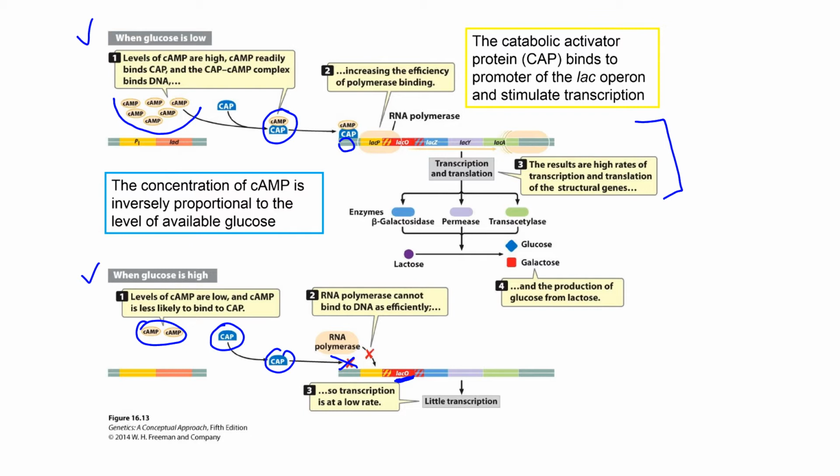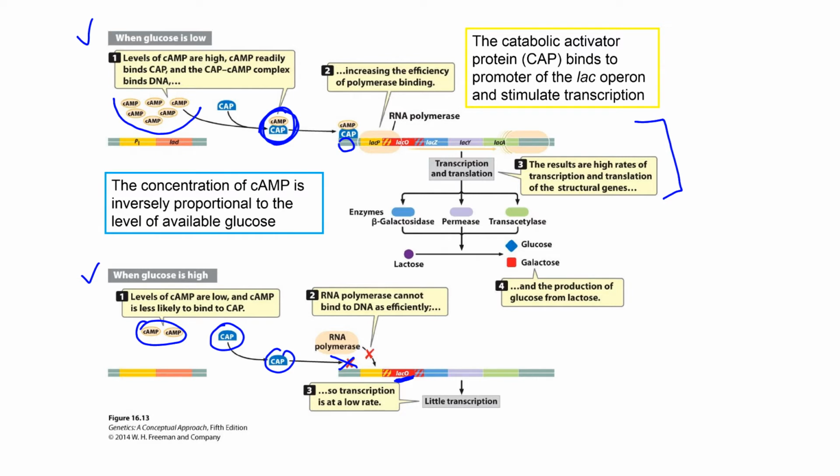So catabolite repression refers to the situation where glucose is high, cyclic AMP is low, so CAP cannot bind to the promoter. Positive control: when glucose is low, cAMP is high, cAMP and CAP are coupled and now bind to the promoter and enable efficient